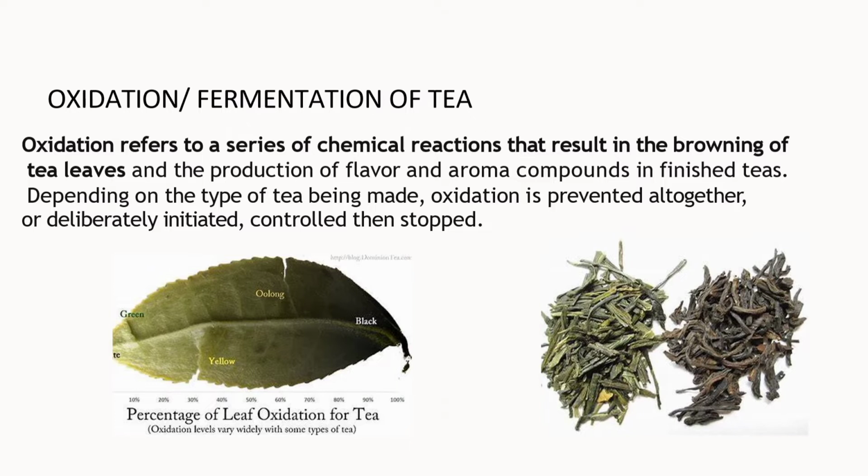So this lighter color contains only 10 to 20% of oxidation. That is, only 10 to 20% of this leaf has been oxidized. That is green leaf, green tea. And black tea, that is 90 to 100% oxidized. You can see here. So people who want a darker color in tea will have 90 to 100% oxidized. And who want yellow tea or oolong tea, it's in between 50 to 60, but green tea is only 10 to 20% only. Please see the leaf, guys, it's very important.